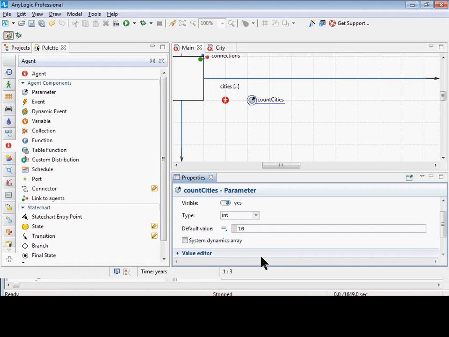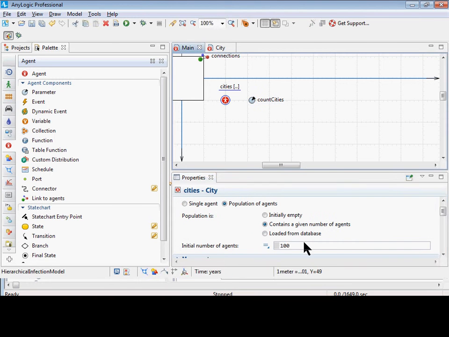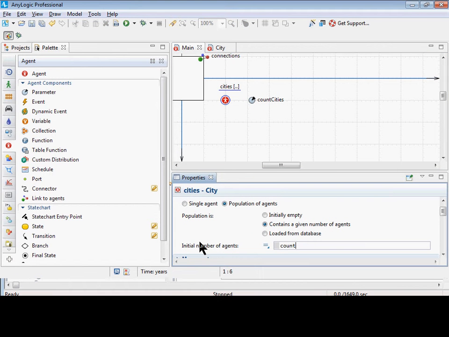Okay, ladies and gentlemen. And we are going to now set it. So how do we make that operational? So that actually the number of cities will be as given by count cities. What do we have to do? Under cities, we need to say initial number of agents, count cities. Are we okay with that? Okay, ladies and gentlemen,